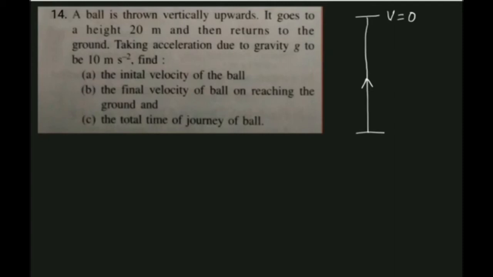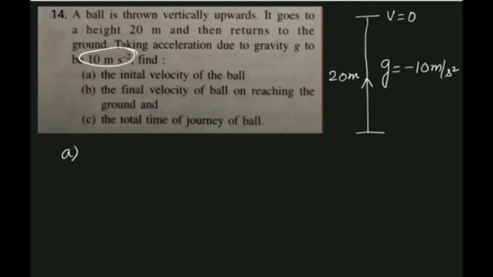So the value of g, what is given in the question? 10 meter per second square. This is the value given. But you will write a minus sign there because the body is going against gravity. And what is the height given? 20 meter is the height. So first part,